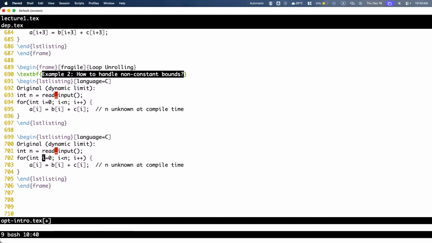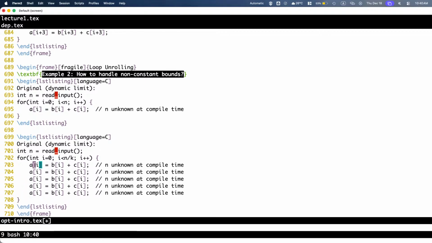So what I'll do: i equal to 0, i less than n by k. This is integer division. And then I will repeat this code whatever the k times.